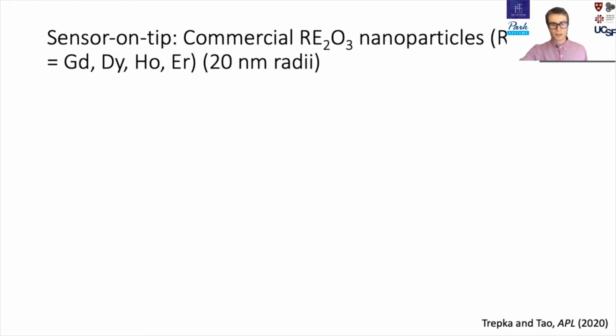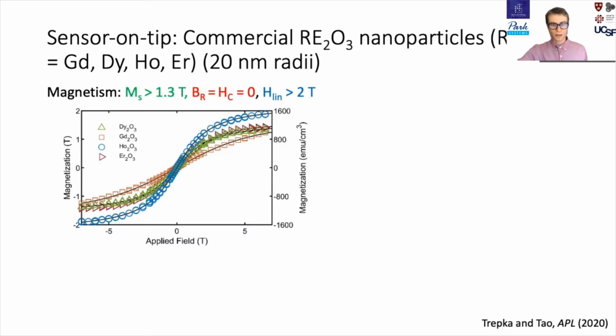So for this application, we have investigated the magnetic properties of commercial rare earth oxide nanoparticles, where the rare earths investigated were gadolinium, dysprosium, holmium, and erbium, most with around 20 nanometer radii. Once again, the magnetism of these materials at cryogenic temperatures is superior to many current magnets, ferromagnets, and beyond that, they are paramagnetic, so they have zero remnant magnetization and zero coercive field,